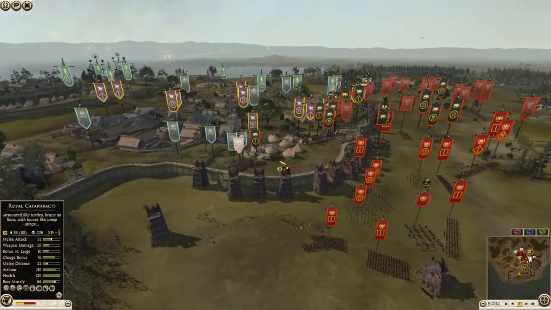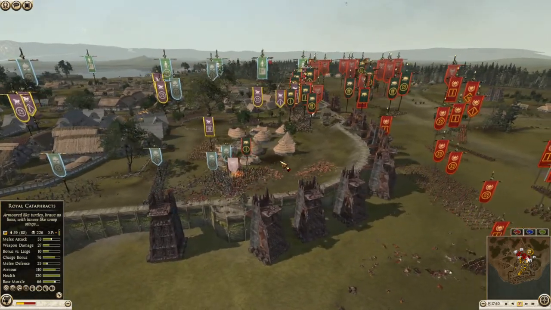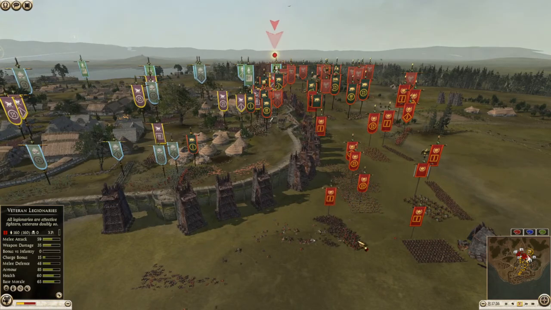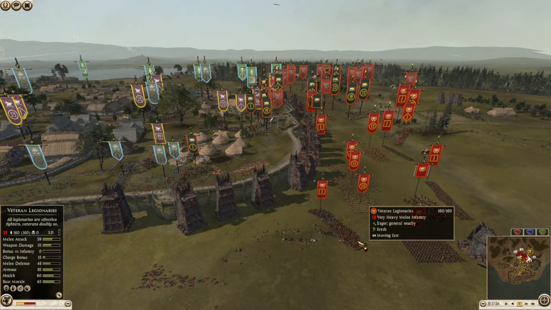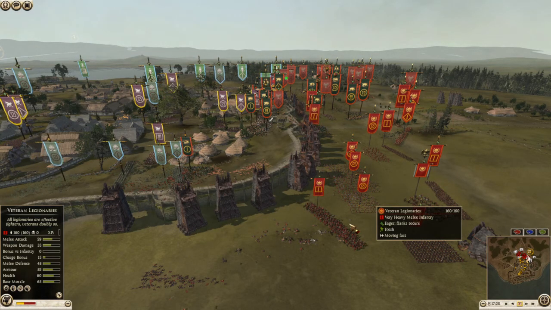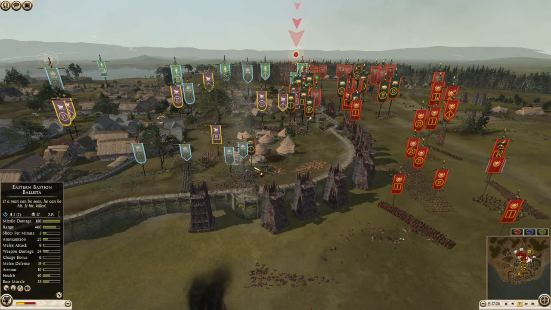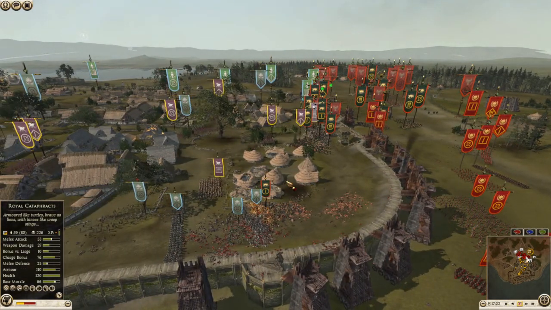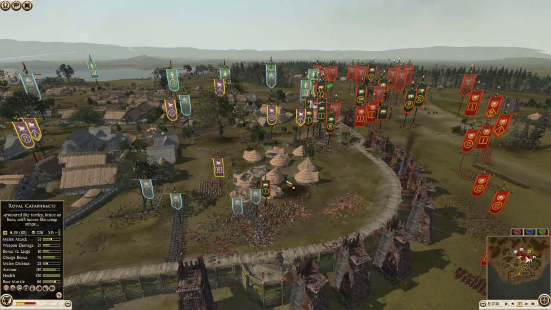So Rome is not pressing their advantage, honestly. Their troops are getting pretty beat up. I think it would have been a good idea to start moving more and more of his troops up as this engagement was going on, especially getting the archers up in here. That definitely would have been...